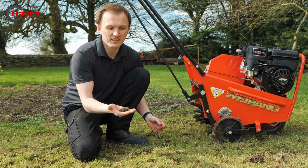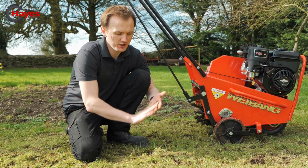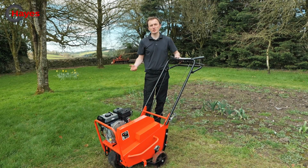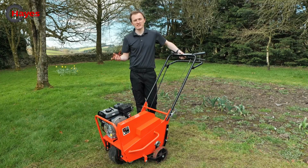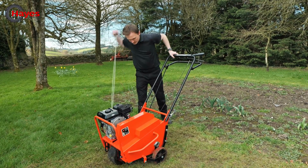Again, this material here, you can either go around and collect it, or you can break it down with a brush and let it dissolve back into the ground in the soil as a natural fertilizer. Next, we're going to jump on the bit of grass that James scarified earlier. As you can see, we raked everything up, and I just want to show you now how quickly you can cover quite a large area with this machine. So again, if I start her up,